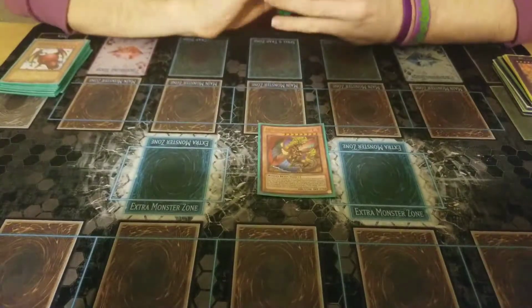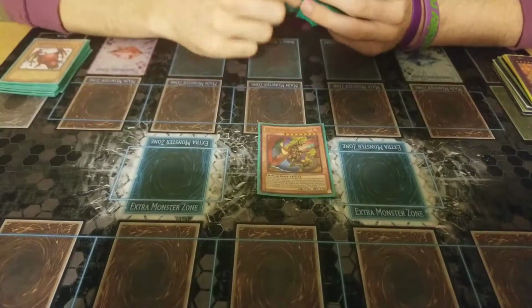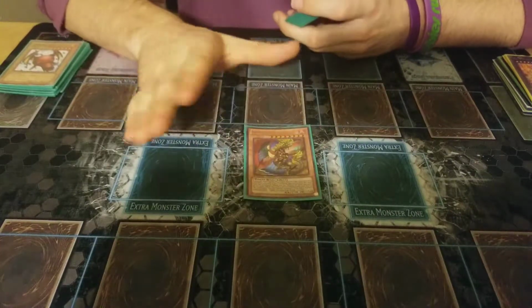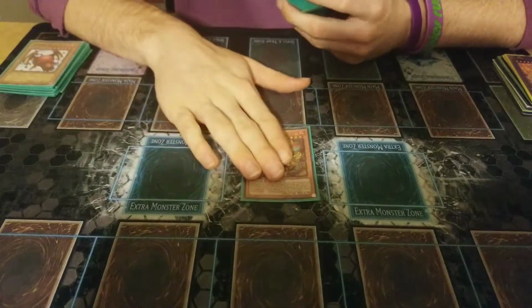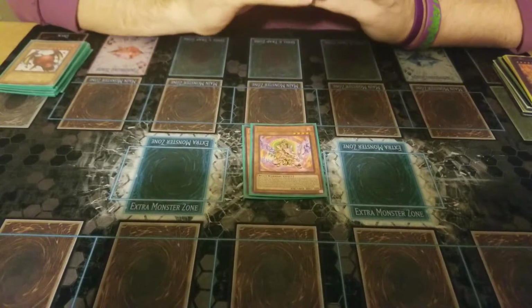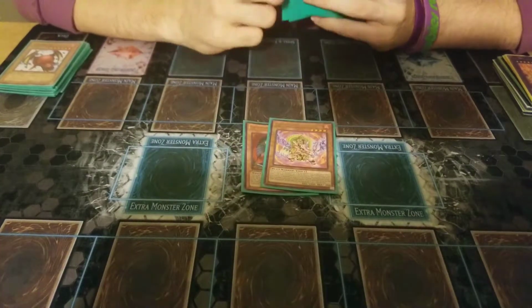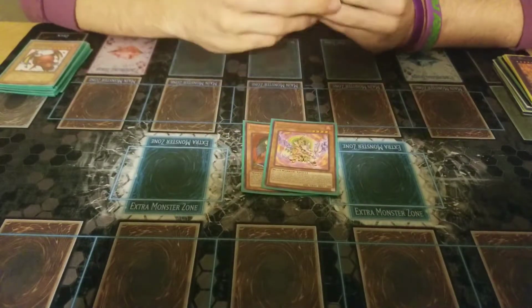Next I play 1 Fire King Eye of Dark Runics. During your standby phase, after you destroy, you special him, he's a Dark Hole, which is really the only important part about him. And then I play the 1 Fire King Avatar Avada. This is a new tech that I'm playing. When a monster effect is activated on the field, you can quick effect pop a fire monster